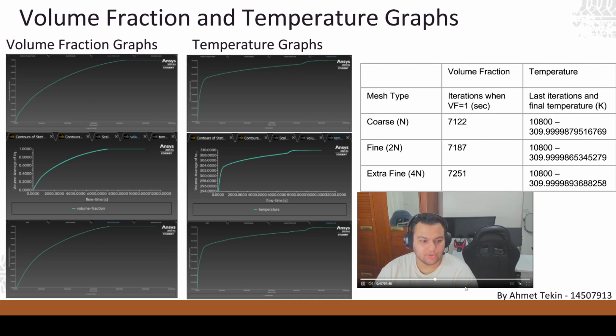For my temperature graphs, temperature gradually increased for all cases, stabilizing at 310 Kelvin. Despite different melting times, all meshes reach a similar final temperature because we set the temperature at 310 Kelvin. It's all pretty much similar at 310, and the straight line can be seen from each. So these six graphs show that the coarse mesh melts faster